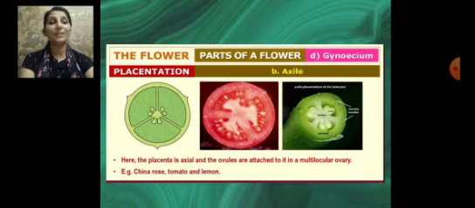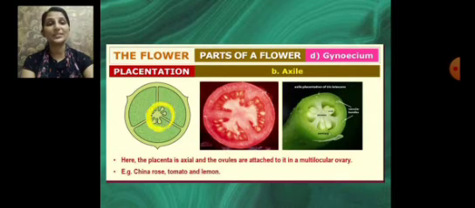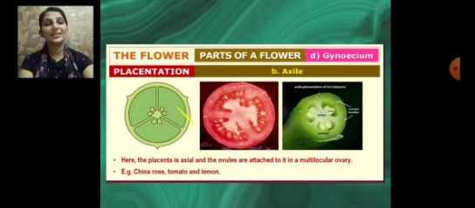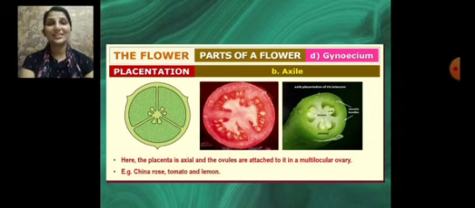In the case of orange, when we cut an orange or a citrus fruit, we can see that the ovary is multilocular. A number of locules are present. These are the locules. See, in the case of tomato, this is a locule. So the ovary is multilocular, and inside this multilocular ovary, the ovules are attached to the axial placenta. This is the axial placenta. The center is called the axial placenta, on which the ovules are attached. And in this picture, we can see three locules inside which the ovules are attached,